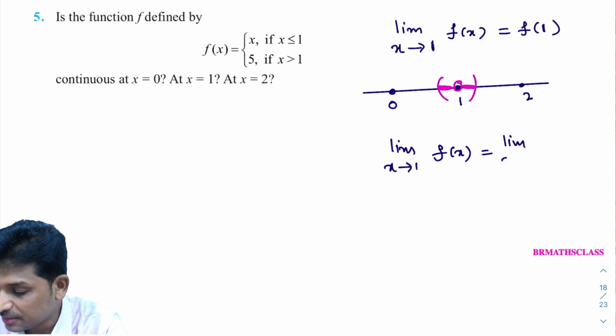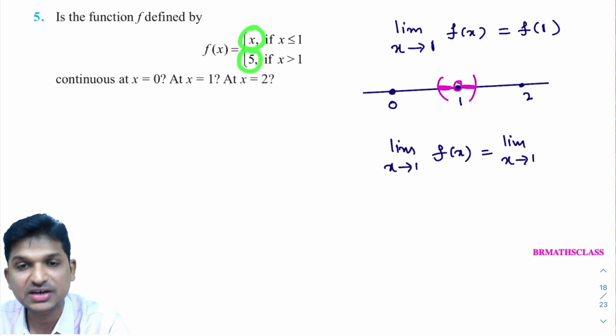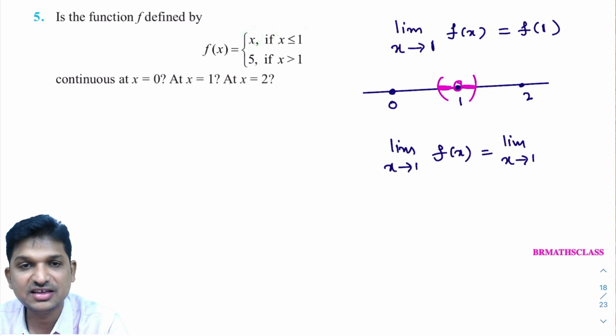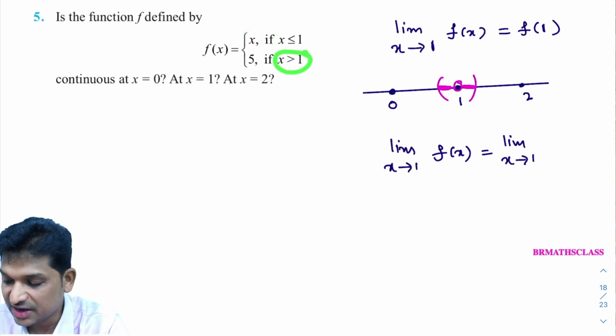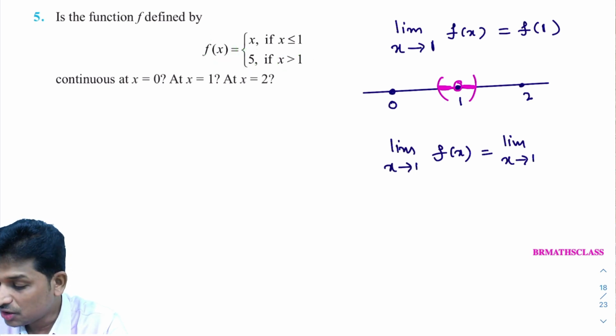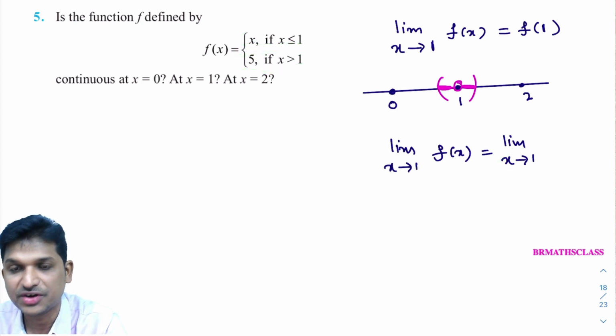This is the problem, I am getting the problem here only. X approaches 1. What is the function? In the question, two functions are given. One is x, another one is phi. Which function to choose? When x is less than 1, I'll take f of x as x. When x is greater than 1, I'll take f of x as phi. Now, what function to write here? I need to write x or I need to write phi. It depends upon the x value. If the x value is less than 1, I'll choose the first function. If the x value is greater than 1, I'll choose the second function.